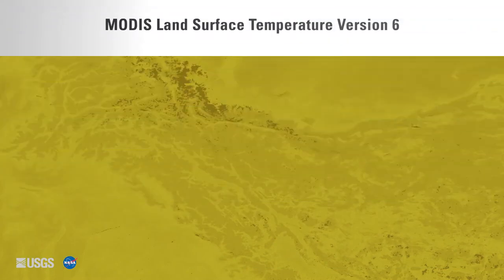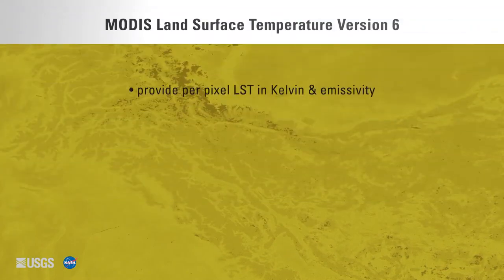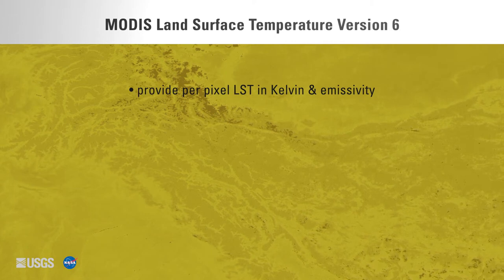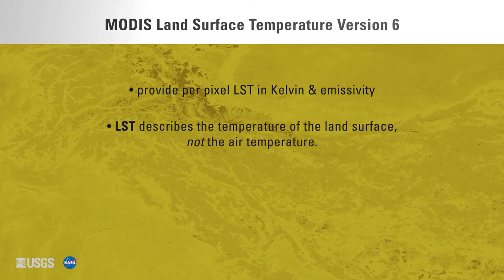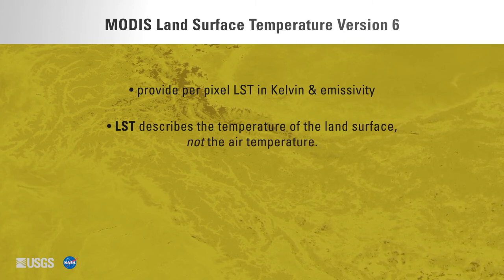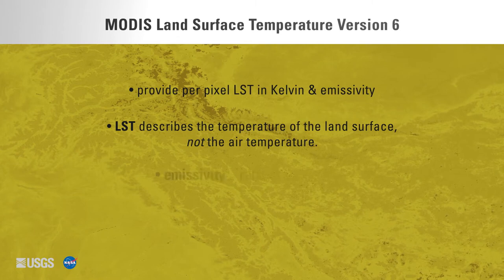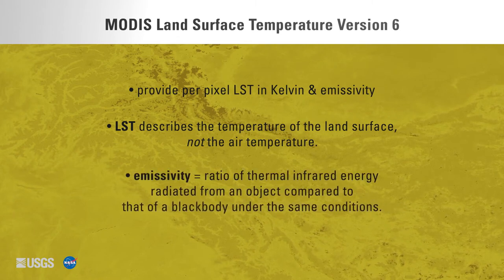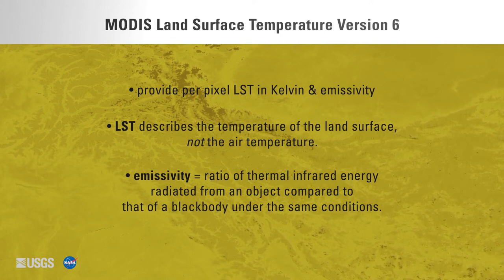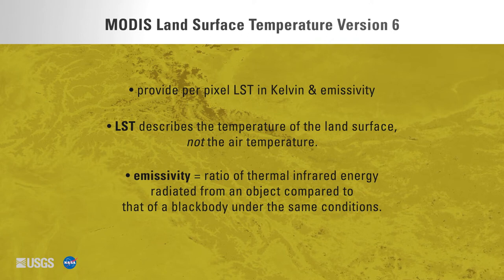The MODIS Land Surface Temperature version 6 products provide per pixel land surface temperature, or LST, in Kelvin and emissivity. LST describes the temperature of the land surface, not the air temperature. Emissivity is the ratio of thermal infrared energy radiated from an object compared to that of a black body under the same conditions. All of the land surface temperature products are derived from the initial 5-minute Level 2 swath products,